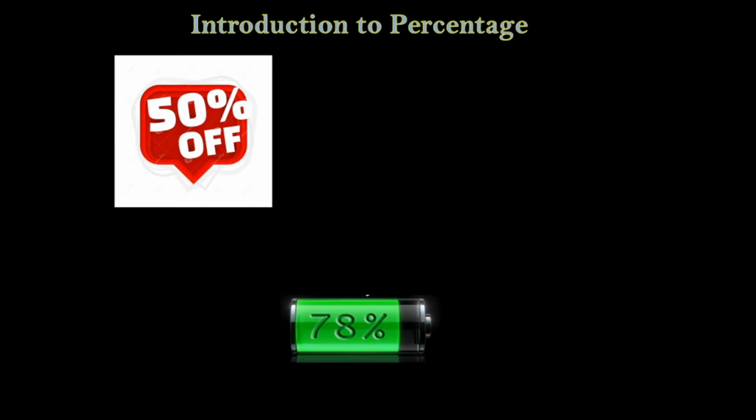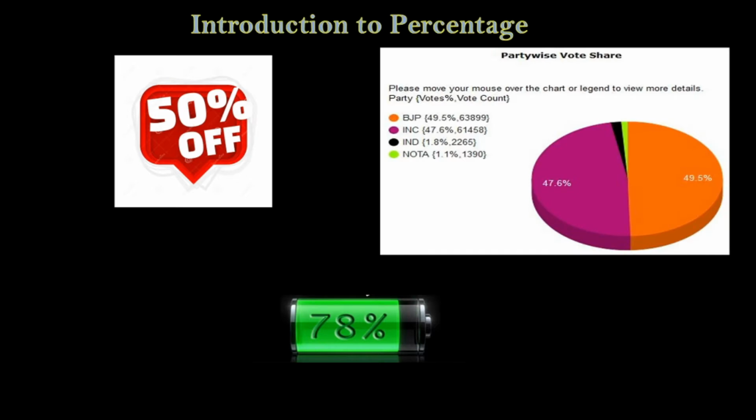You might have seen this in many shops during the festive season, which indicates 50% off, that is, the price of that item is half. You might have also seen this, which indicates battery life remaining. And during elections, it is helpful to indicate the vote count of each party. In finance and industries, percentage computations are commonly used to calculate interest rates, costs, prices, profits and losses, etc. and compare them over a year to decide their future operations.